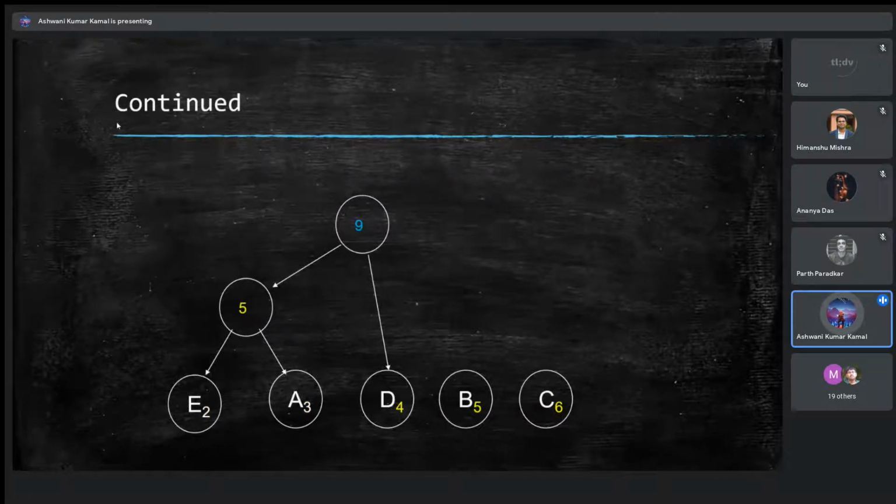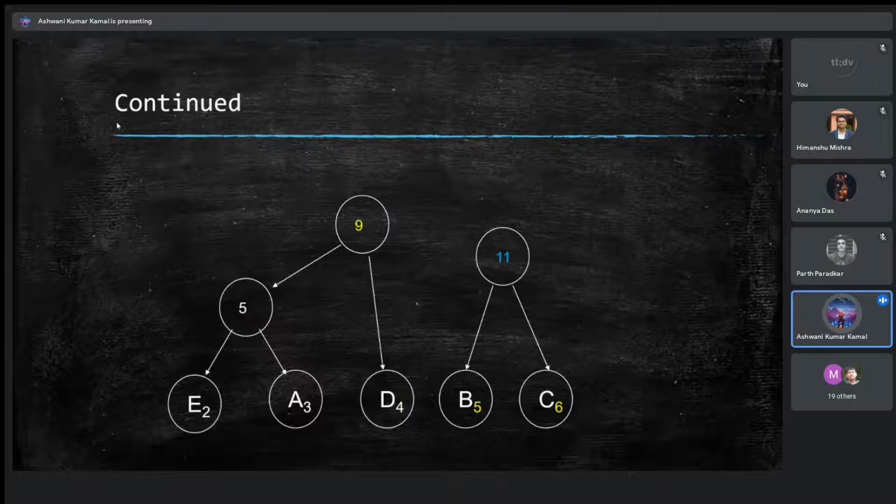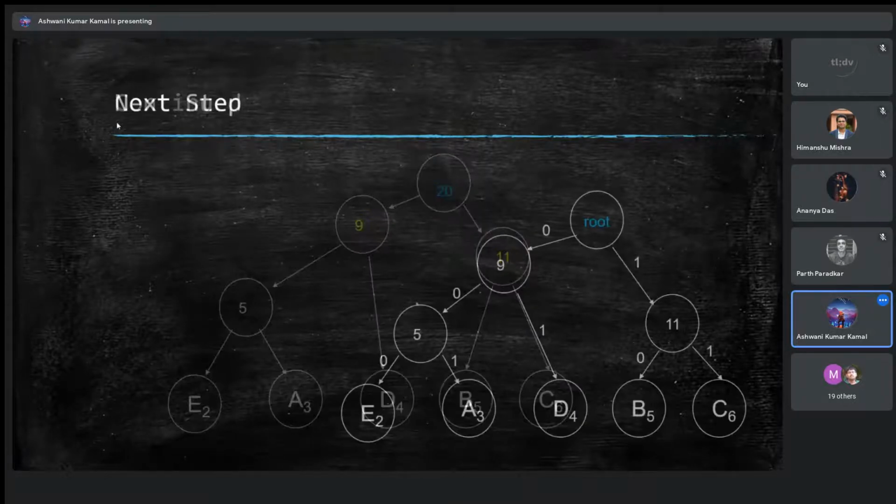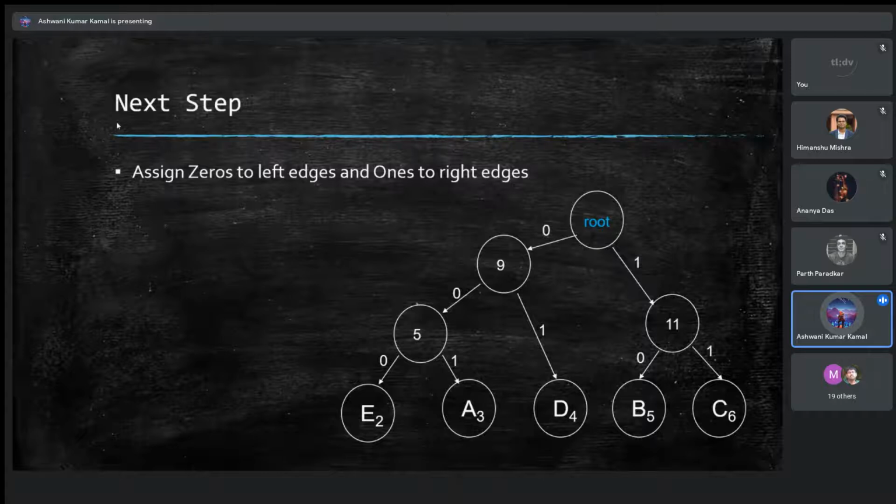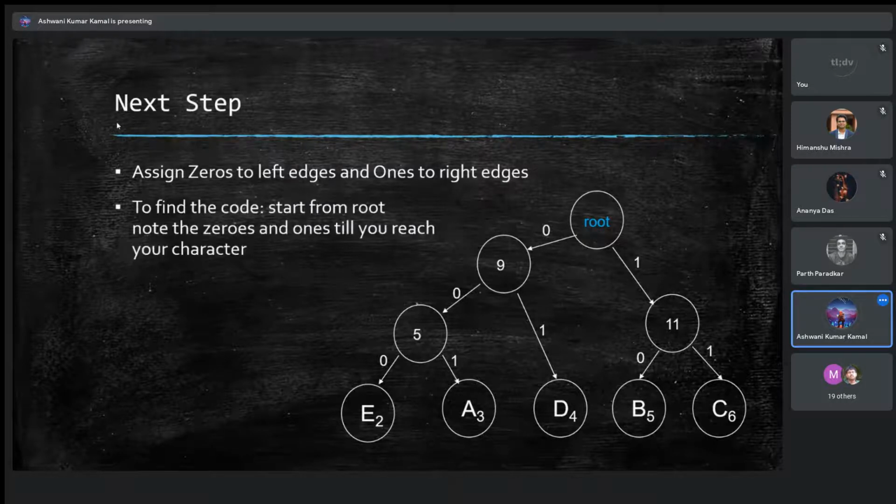So we have to continue this. Now what are the 2 minimum numbers that appear in front of us? It will be 5 and 4. We'll add them and connect the new node 9, and we'll continue the whole thing till we reach the root. Right. So what we've got in front of us is a little binary tree, and this is a tree which will help us in deciding how many bits we have to assign to each character. Right. So the next step would be to assign 0 on the left edges and 1 on the right edges. As you can see, on the left edges of each node I've assigned 0, and on the right edges I've assigned 1.